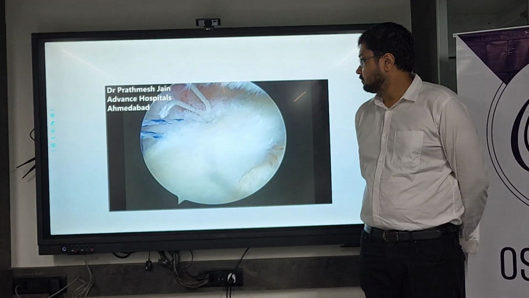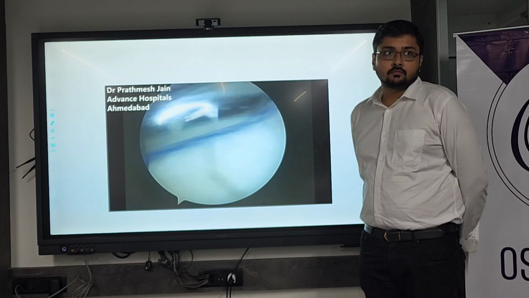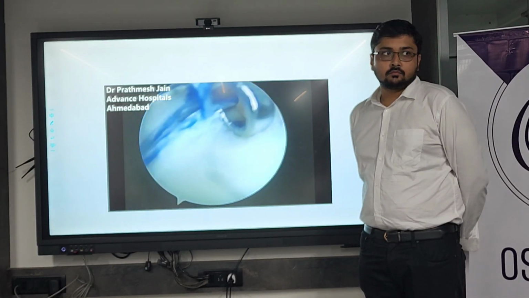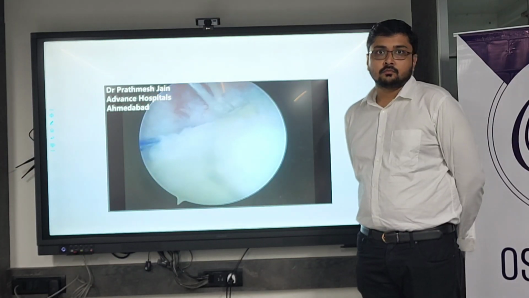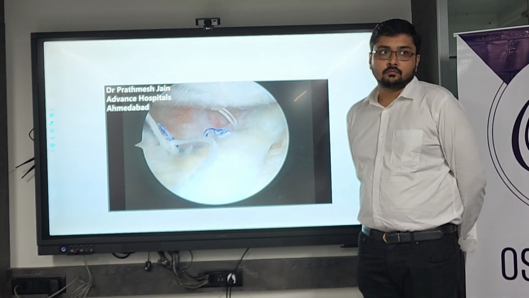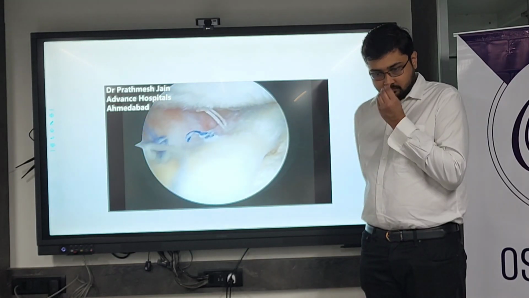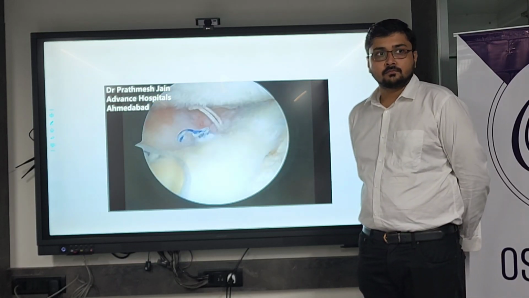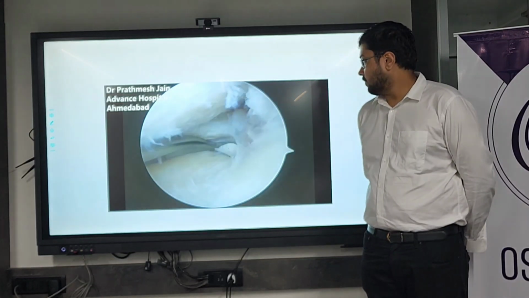What happens is, because of the meniscus extrusion, the meniscus falls apart and bone touches bone. That is basically the pathology of this arthritis. So when we tie these sutures, the meniscus converges in, pushed inside the joint. So these are the 2 anchors which we have put for the extrusion. At this point we can see that the meniscus is now better closed. Now we will focus our attention on the root.